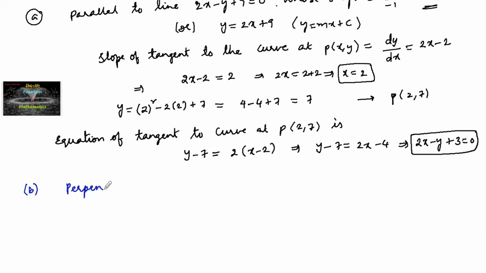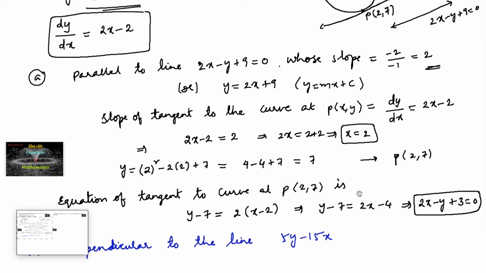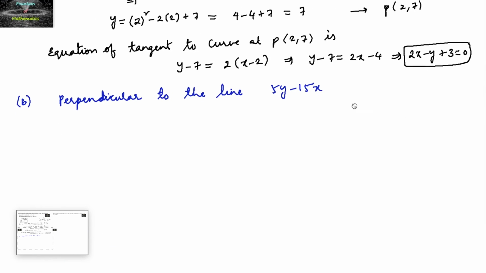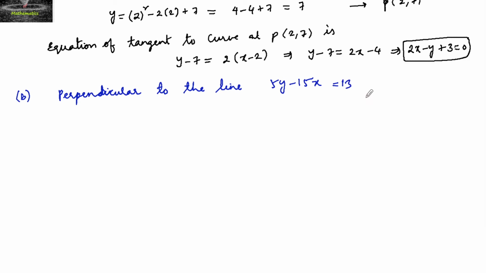So our curve has a tangent at some point P which is perpendicular to the line